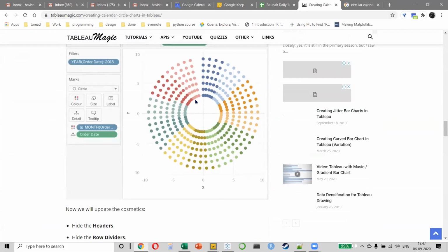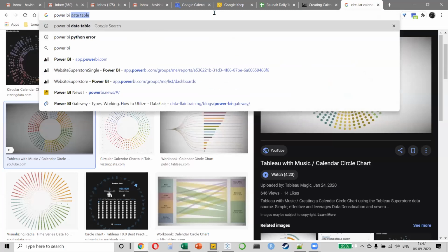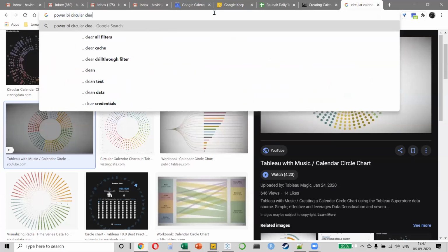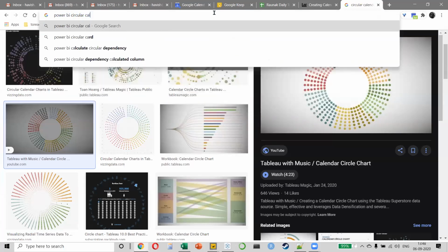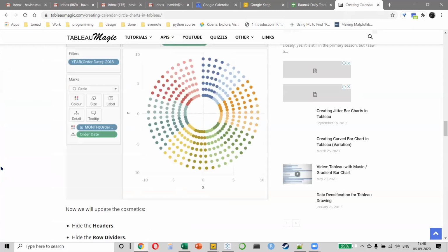I have done it. So I can tell you that the first time you do it, it will take you 30 minutes, even if you copy and paste. It's so difficult. I don't know if this is available for Power BI or not. Let me just check. It might not be. No. Anyway, this particular calendar is not available, but I just wanted to show this to you.